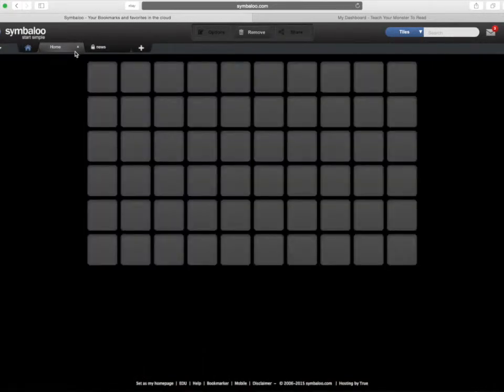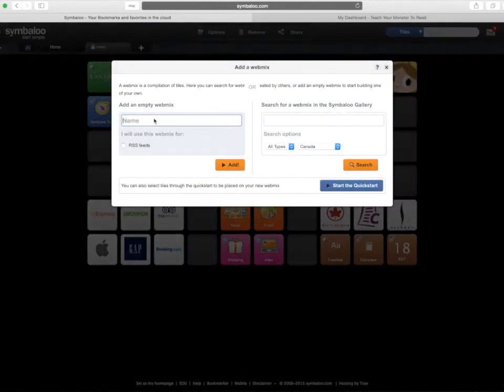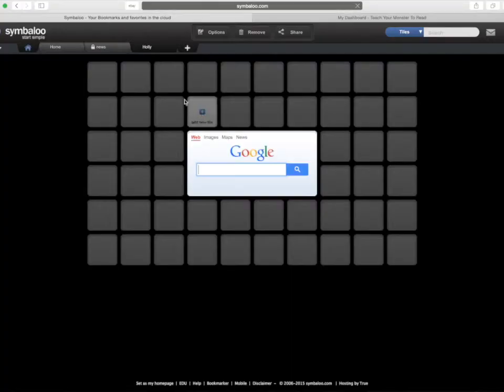Now, this is an awesome way for your students to be able to just go on the computer and go to where they need to go immediately. It's also good if they're doing a research project and they found a really good page. You could name each of these pages after your students right here. Add an empty web mix. Maybe I'm going to make one for my student named Holly. And I'm going to add this, and every time Holly goes on the internet and she finds things for her animal research project